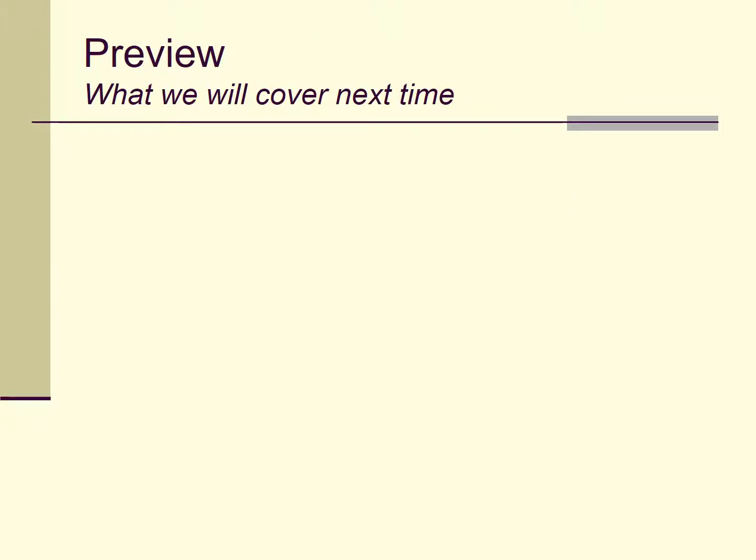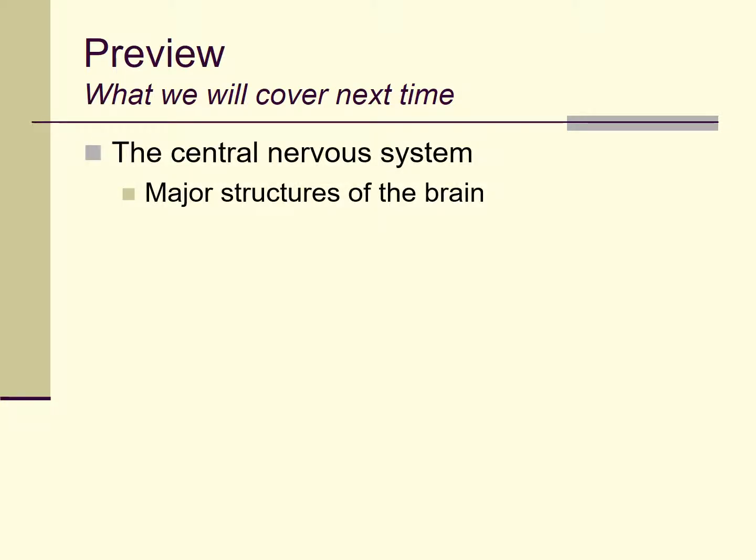Alright, so here's a preview for next time. As I've already said, we're going to focus on the central nervous system, and I'm going to take a systems level approach, identifying some major parts and systems within the central nervous system, mostly within the brain. In the next lecture after that, I'll talk a little bit on a more cellular and molecular level about what's going on in the nervous system. So we've got a few more interesting lectures up next.